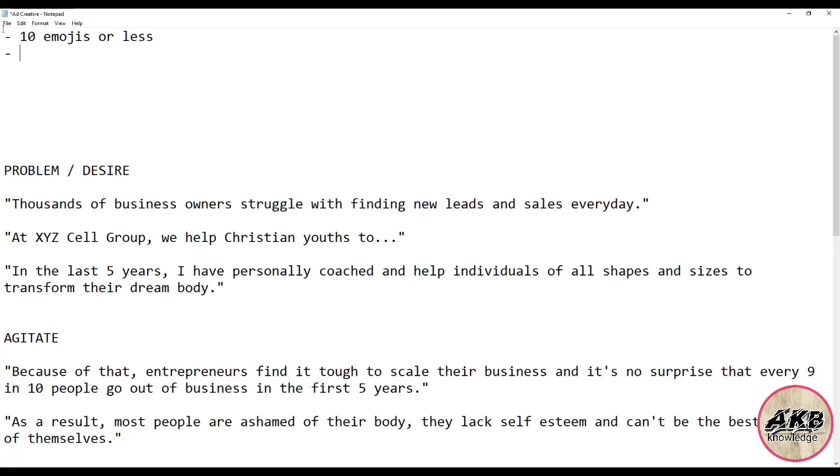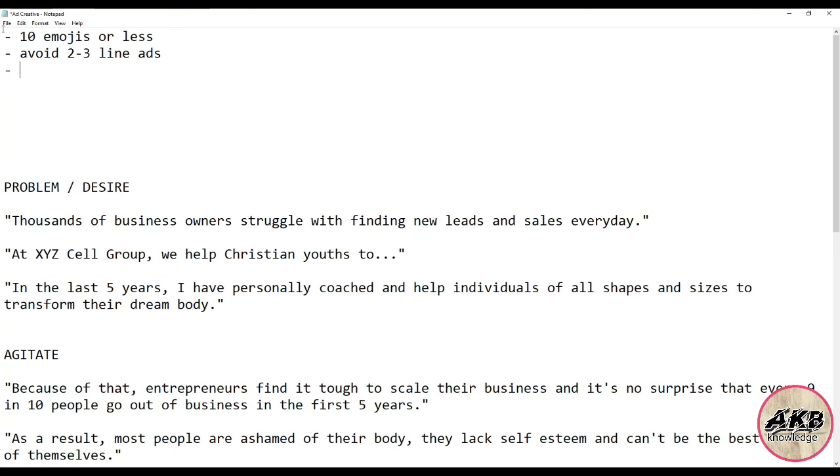All right. Now, how long or how short should your ad copy be? Now, the way I see it is that there's no real ideal length, but one thing's for sure, you don't want to be writing 2 or 3 lines. All right. Avoid 2-3 line ads, because this doesn't tell enough. And the truth of the matter is that Facebook is a learning machine. In fact, the more that you write into your ad copy, the more you're telling Facebook, this is the kind of audience that I am looking for. Okay, so it's a lot preferable that you write at least a medium to a long post for your Facebook ad. And just to give you a sub-objective to it,